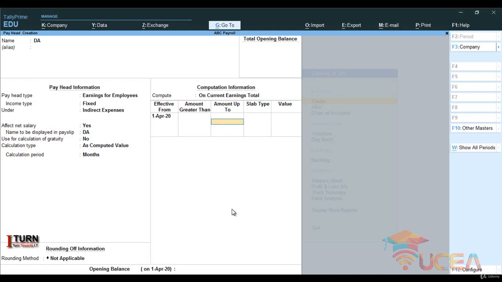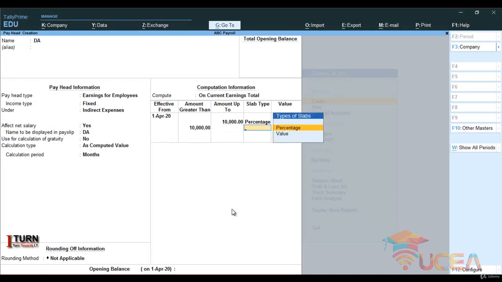Now amount up to, here you need to create a slab. Normally in DA we don't create slabs, but let me show you how to do that if we need to. So let's say up till 10,000, the percentage is going to be the percentage of basic salary, let's say 8%.